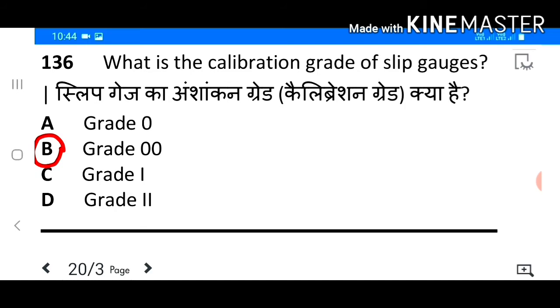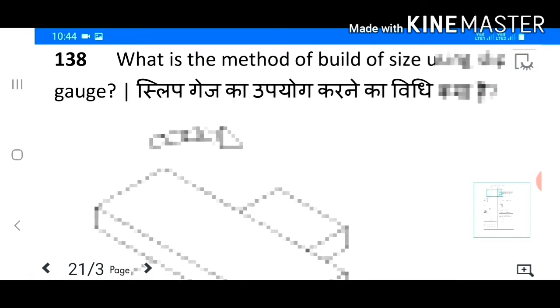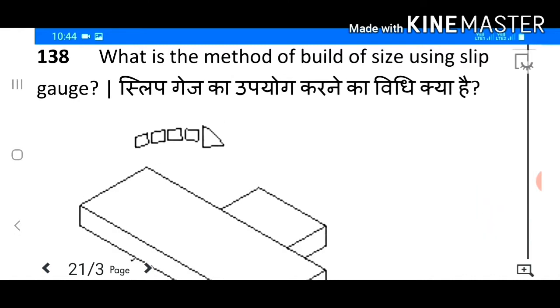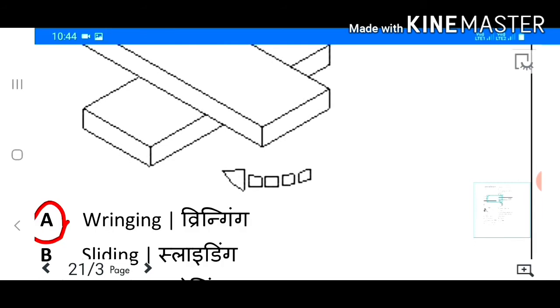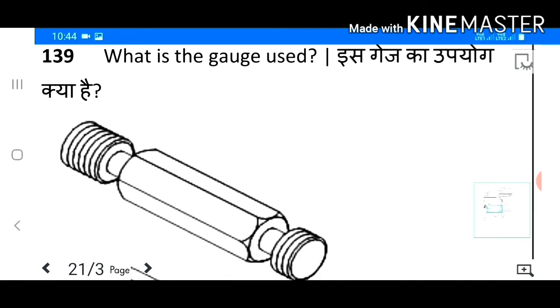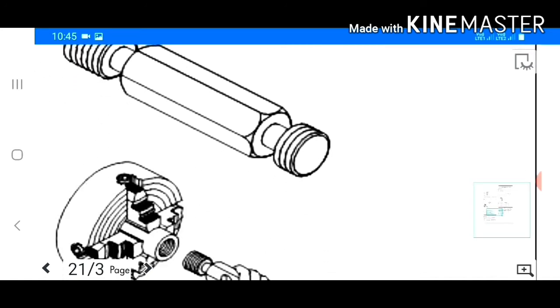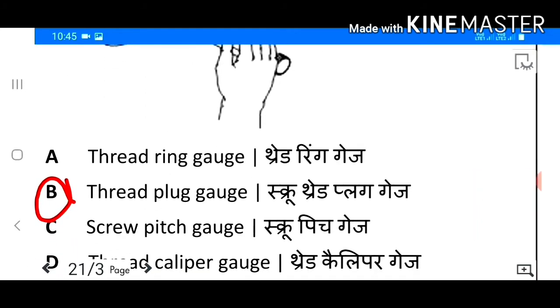Answer B. Grade 00. 138. What is the method of build-up size using slip gauges? Answer A. Ranging. 139. What is the gauge used? Answer B. Thread plug gauge.